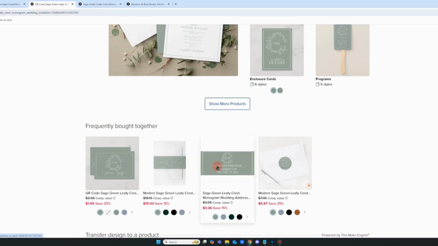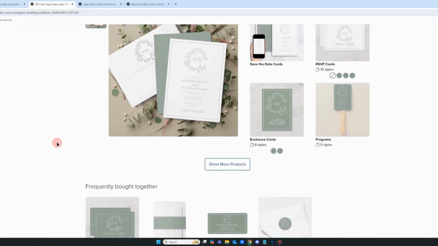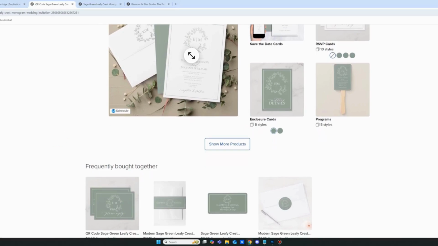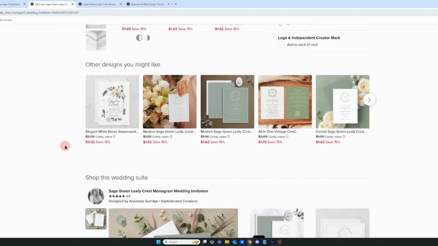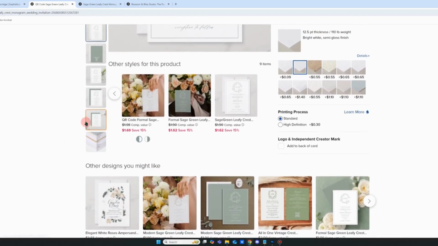and a belly band and a return address and a sticker. I need all those things. Click, click, click, click. You just open it up, and then you have a complete set. You've got the invitation with the RSVP card, and you can see here why we've designed all these different colors to mix and match, because